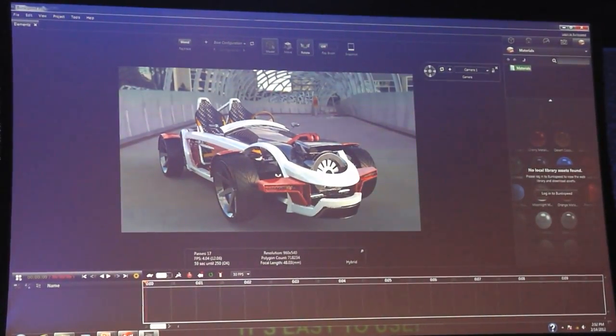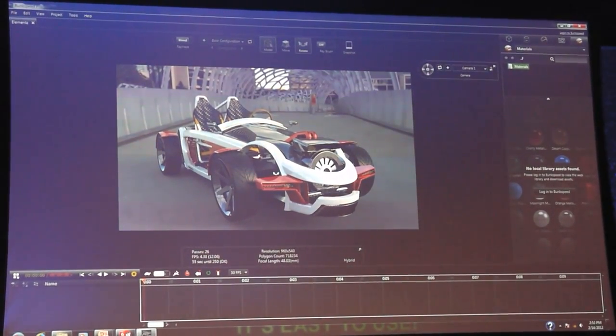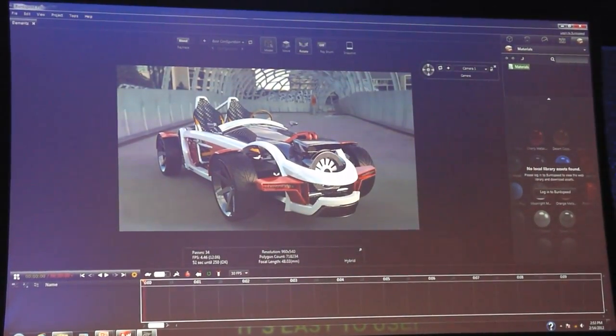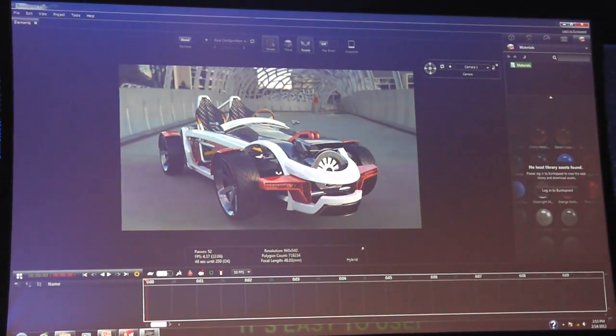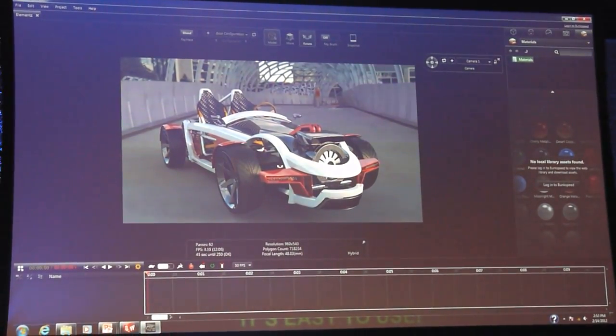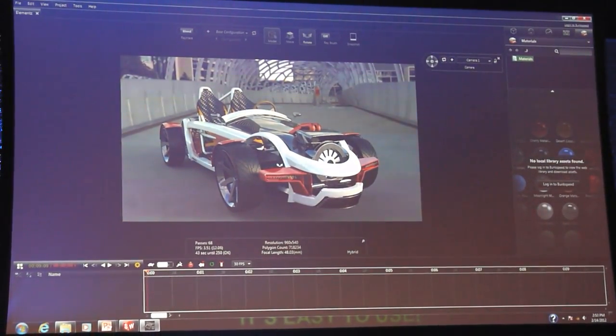We only have to wait a few seconds to see if it's really how we want the shadows, if the reflections are accurate, if we like the color of the paint. And we can make a lot of different changes very, very quickly, because we're not waiting a really long time to get back our final renders. We only have to wait a minute